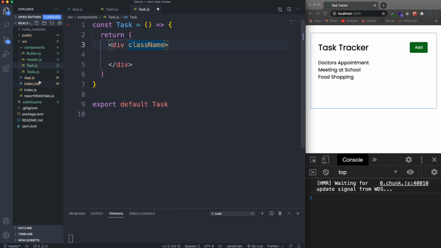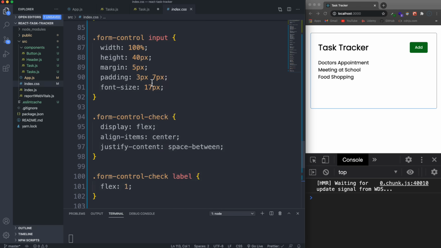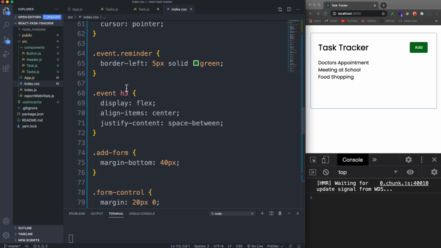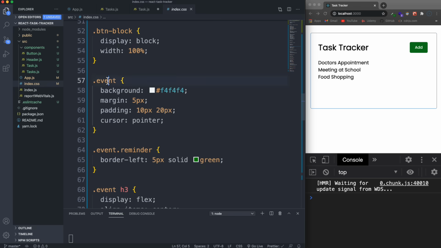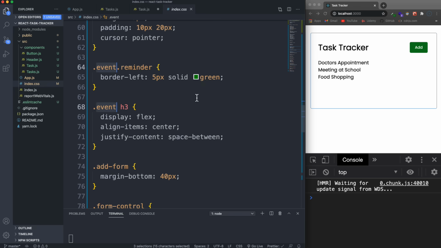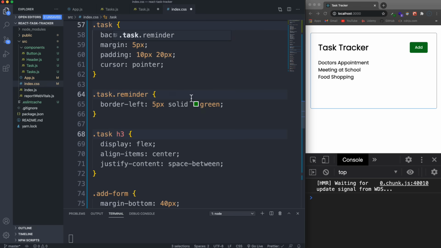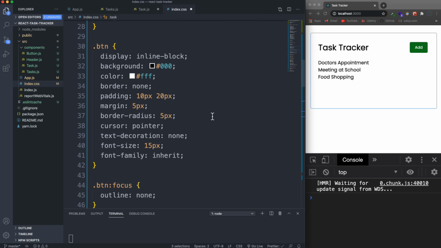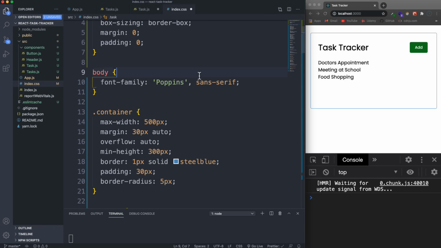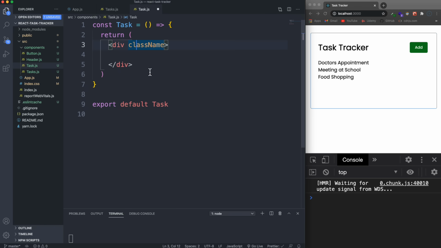Oh, you know what? My CSS, I believe, is wrong. I have events because I was going to use events instead of tasks. So let me just change this. This will be different. This will be correct in your version. But let's say task instead of event. And save that. Okay, so now we'll set this class name equal to task, and then in here we'll have an